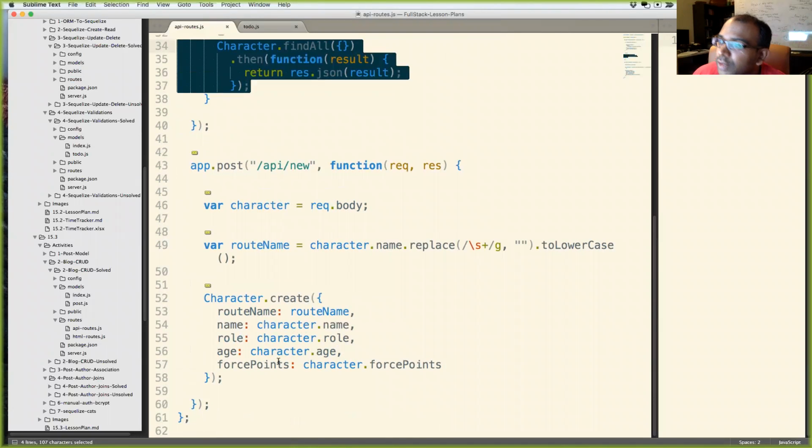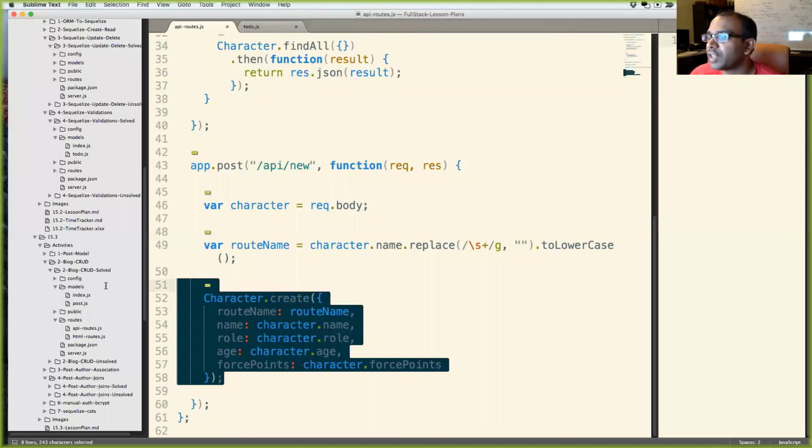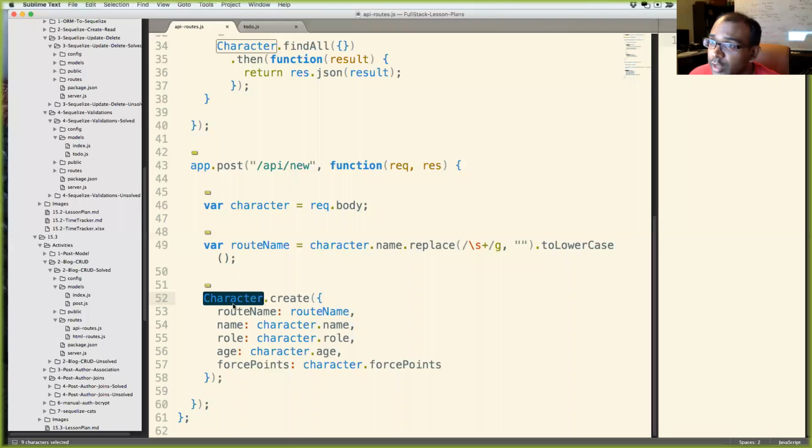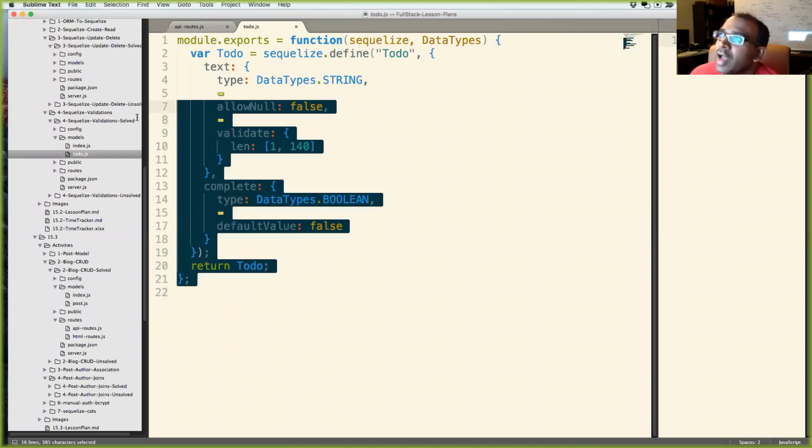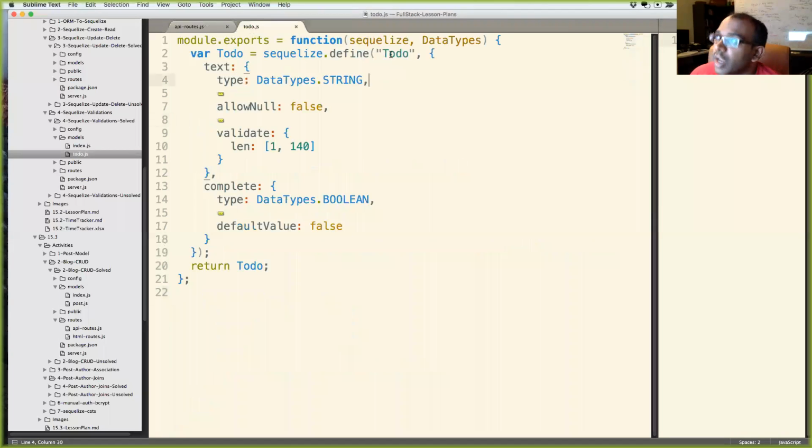And then over here, we're just creating something again. Same deal as before, right? Character.create. Character is the model, the Sequelize model. Now I'm going to go to another thing right here. This is a model for a to-do table. And over here we have some custom validation.